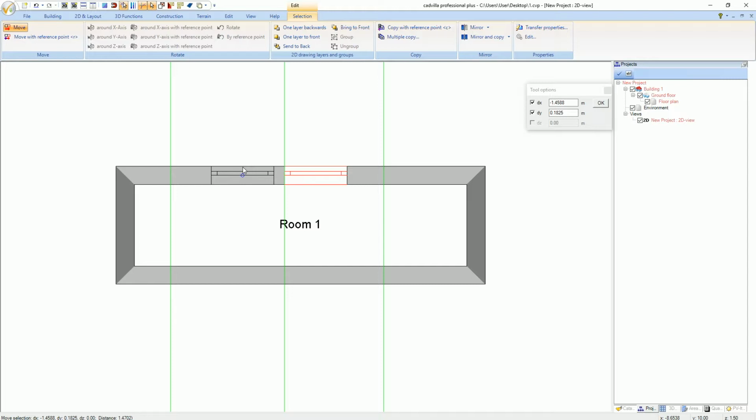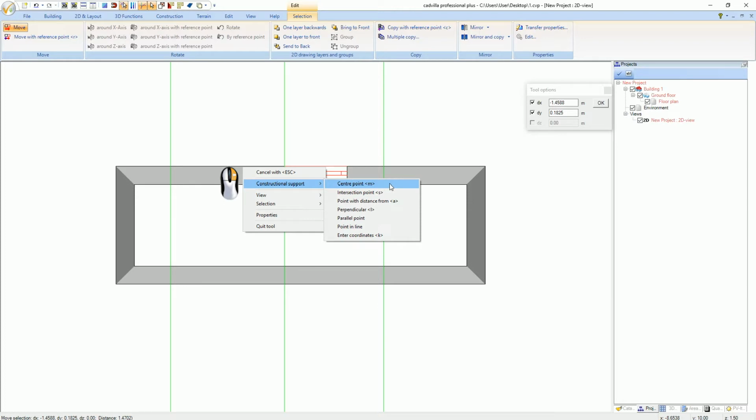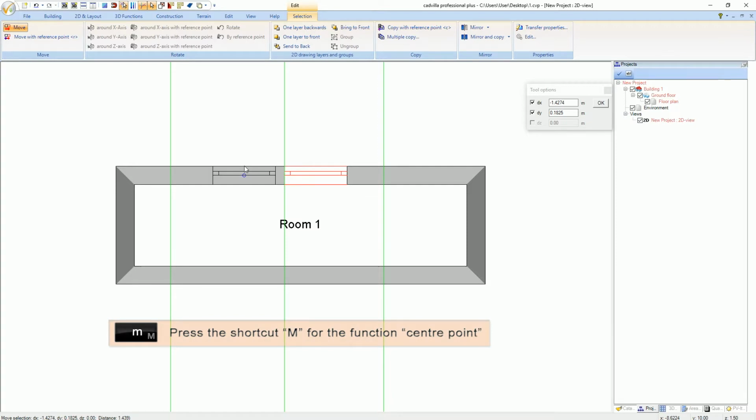In the next step we will place the window with the help of the constructional support in the middle between 2 points. In our example, those 2 points are the left and the middle green guideline. Now we press the right mouse button, select Constructional Support, and here we select the function Center Point. Or we press the Escape key to close the windows, and we press the shortcut M for the function Center